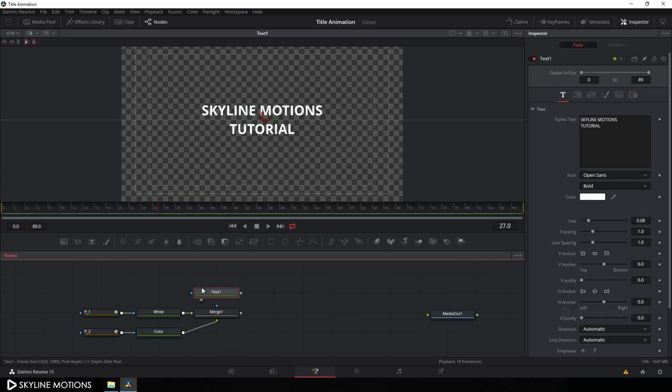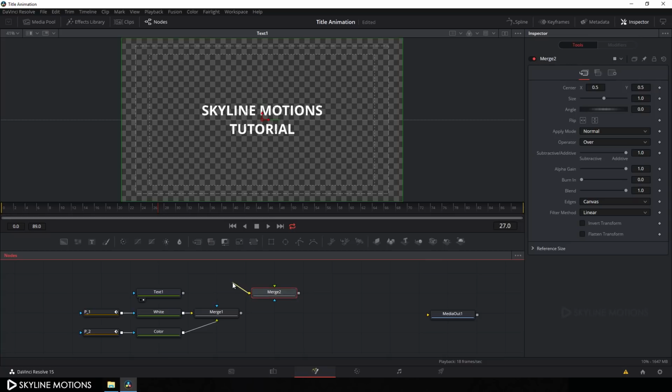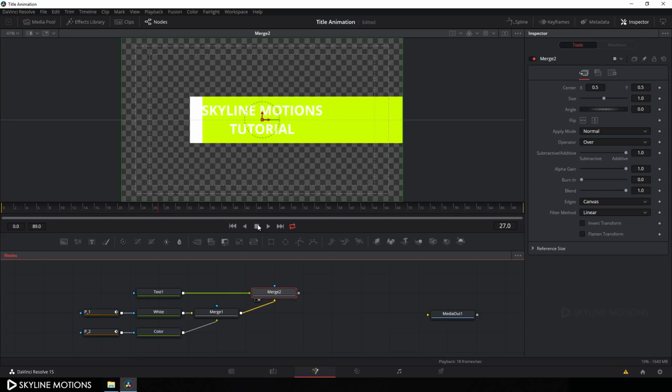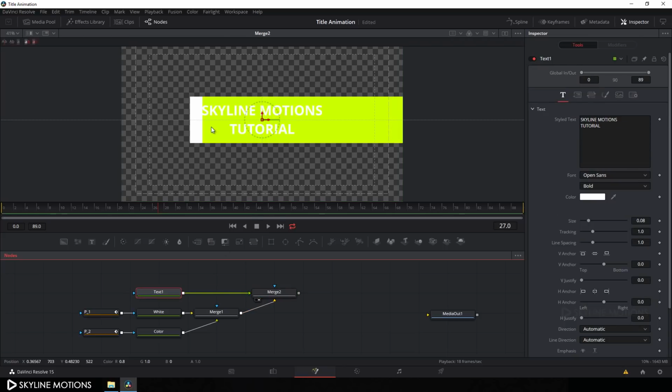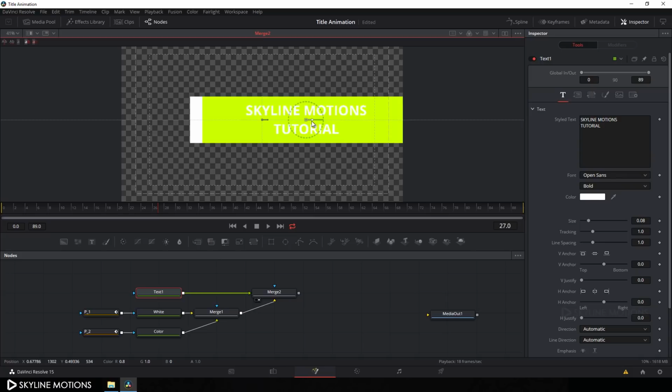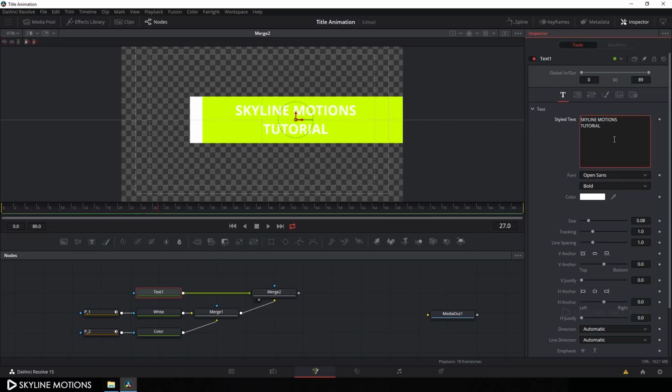and let's merge this text with these rectangles. So take a merge node and connect this yellow background point with this merge one and green foreground point with this text and drag this merge to the viewer and select this text and let's set this according to this rectangle box. So drag this text over here